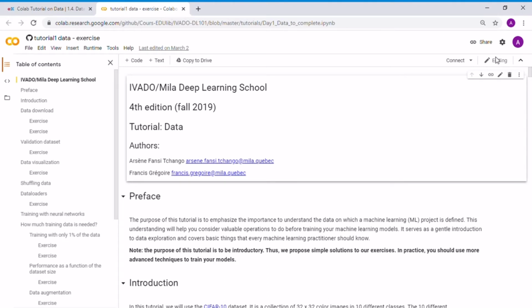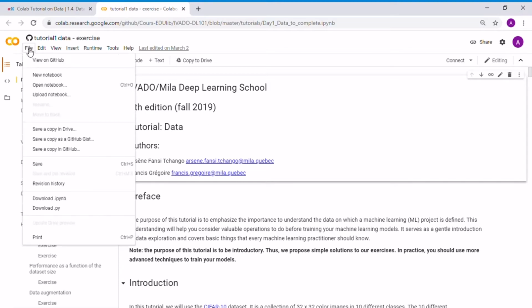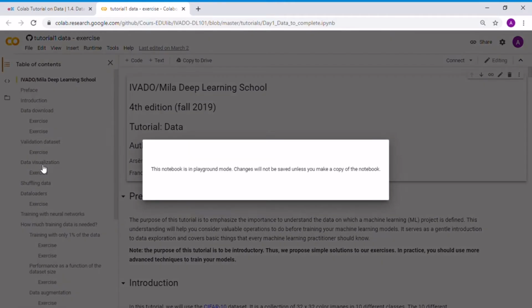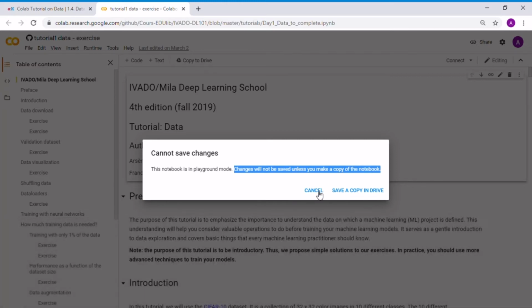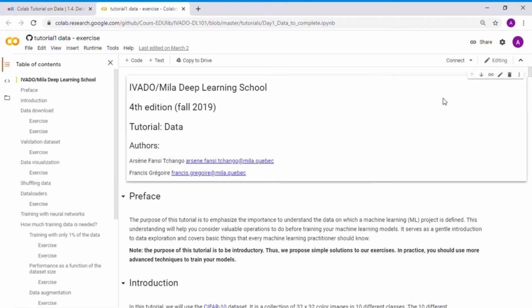just for future reference. This notebook belongs to someone else and they haven't given you permission to overwrite it. What that means is that if you try to save this notebook, you'll get a nice error message stating that the notebook is in something called playground mode, which specifies that changes will not be saved unless you make a copy of the notebook. Also, after a few hours of inactivity, Colab notebooks disconnect from the cloud to redistribute the online resources that were allocated to your notebook. If you haven't made a copy and decide to take a break, you will lose all your progress and you'll